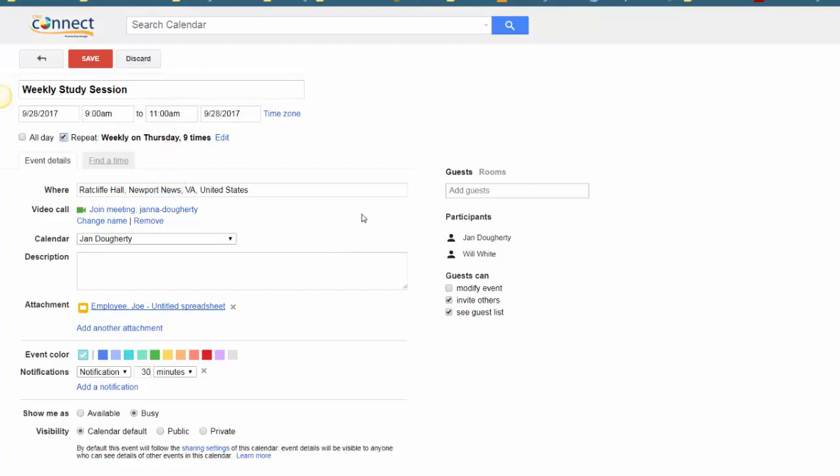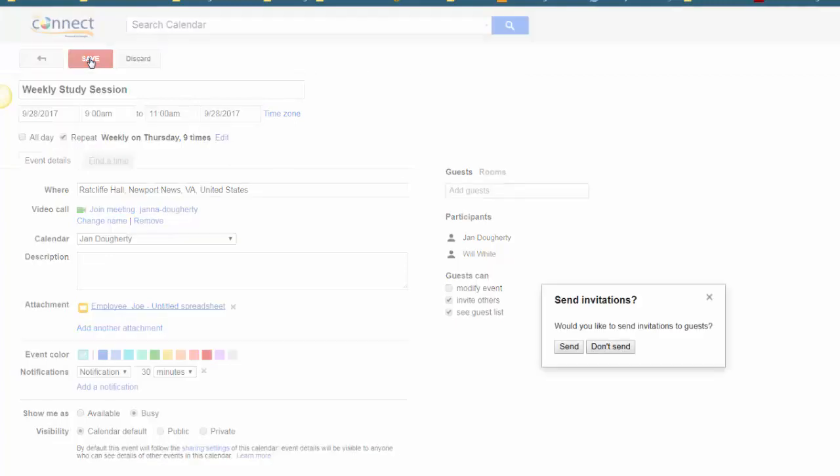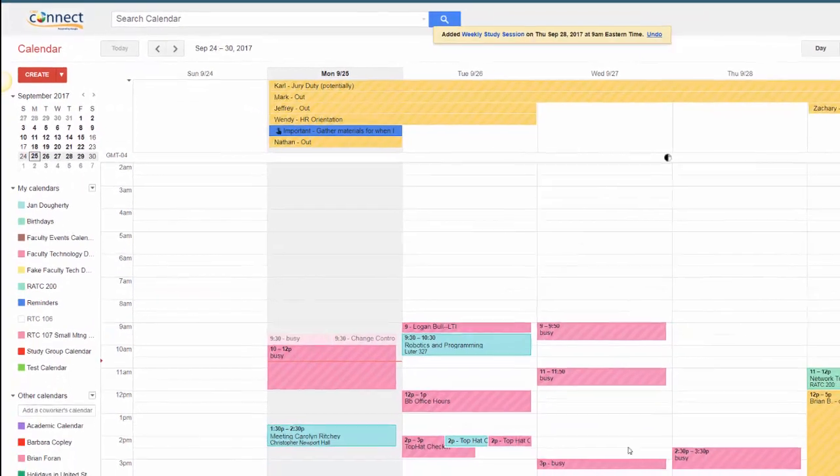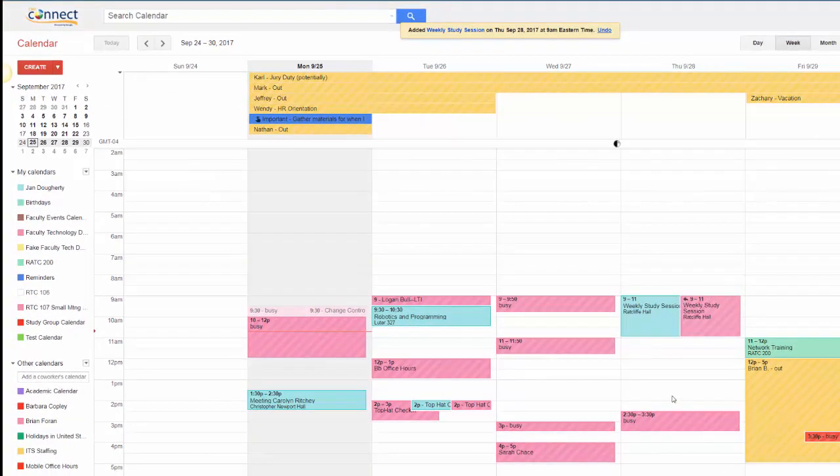And now that I've set all the details, I can hit Save to save these details to my event and return to my calendar. However, one thing I want to note, if you've added a guest to an event, in my case, my coworker Will, I can offer to send an invitation to those guests to let them know about this event. That invitation will come in the form of an email that lets them either accept the event and add it to their calendar or reject it. In my case, I'm not going to send this email. Will already knows what's going on. And we are returned to our calendar, and we can see our event already in place.